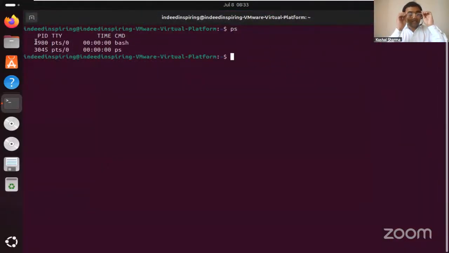you can see it gives PID, TTY, TIME, CMD. These are the things it gives us as output. And now the second command is